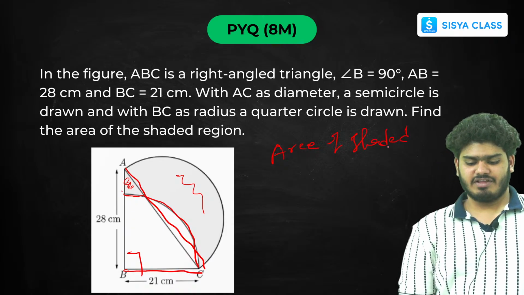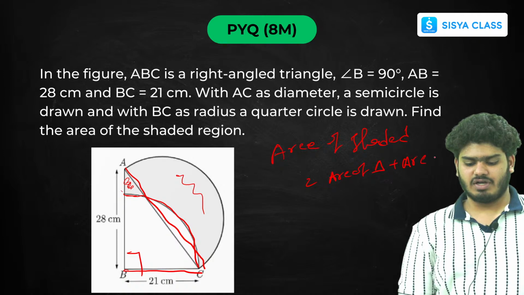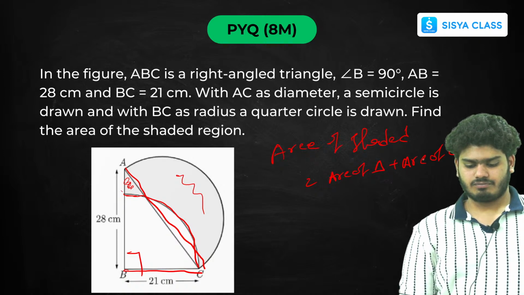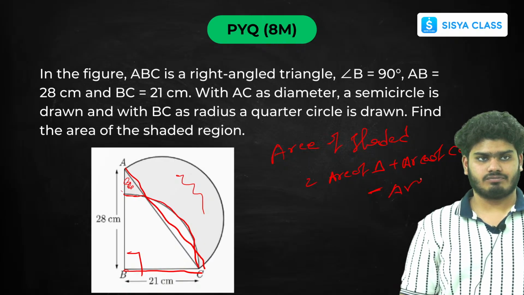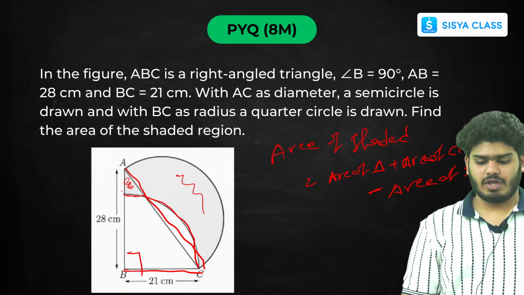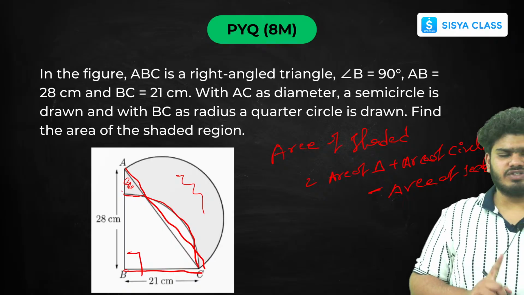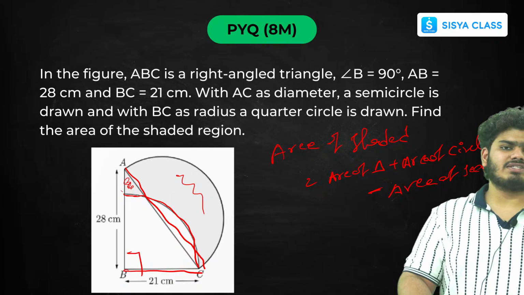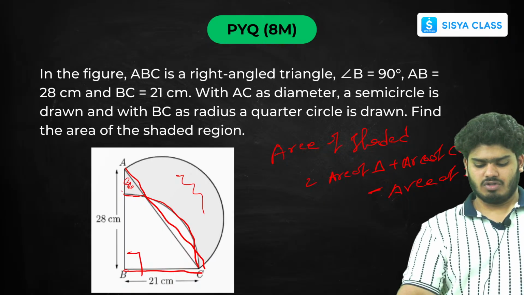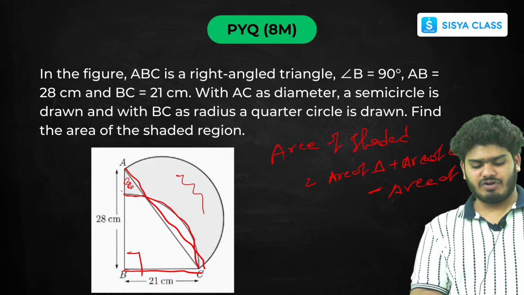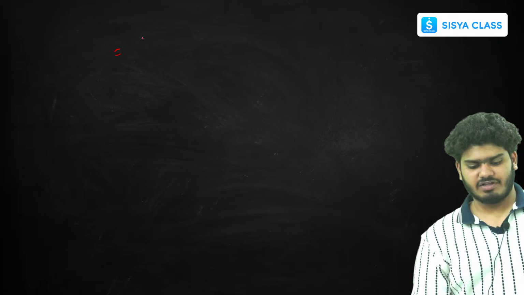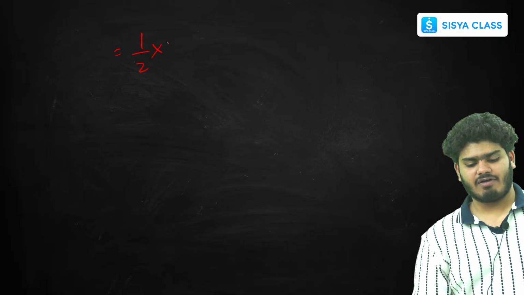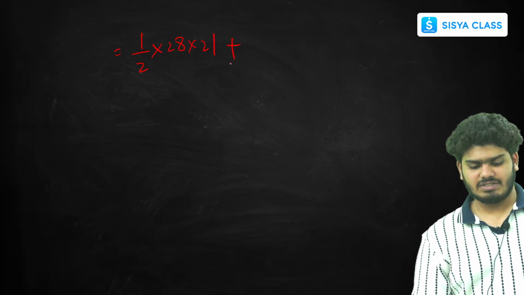Area of shaded region is equal to area of triangle plus area of circle minus area of sector, right? Okay, I hope everyone understood about this question, right? So let us do a simplification also. So remember triangle, half into base into height, that is half into 28 into 21. So area of shaded region is equal to area of triangle, that is half into 28 into 21, plus area of